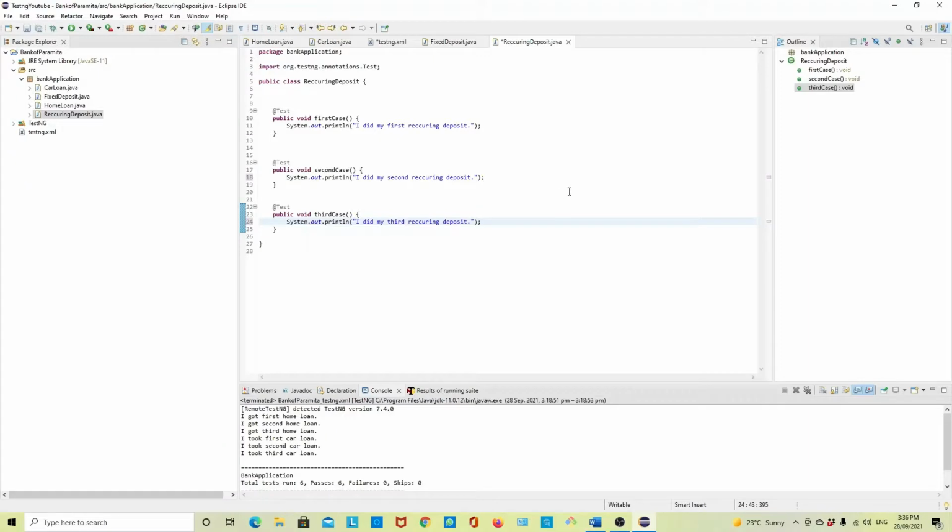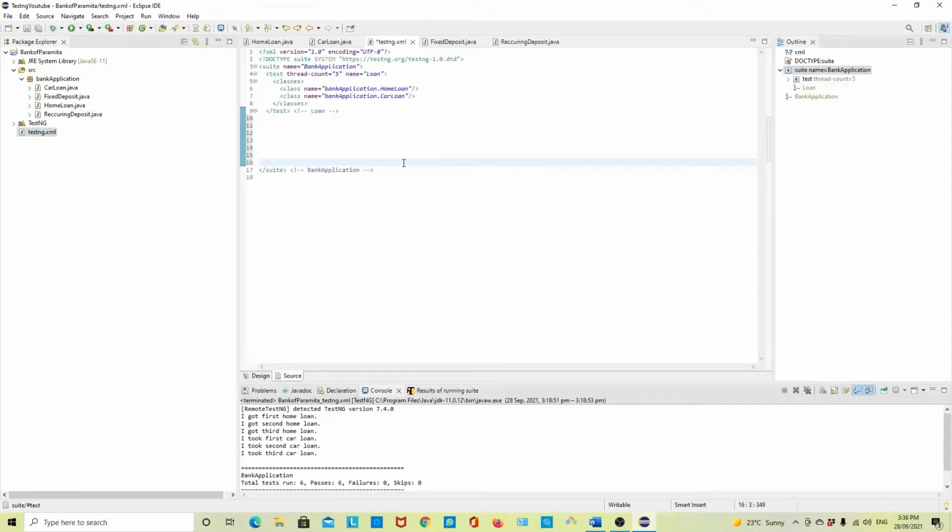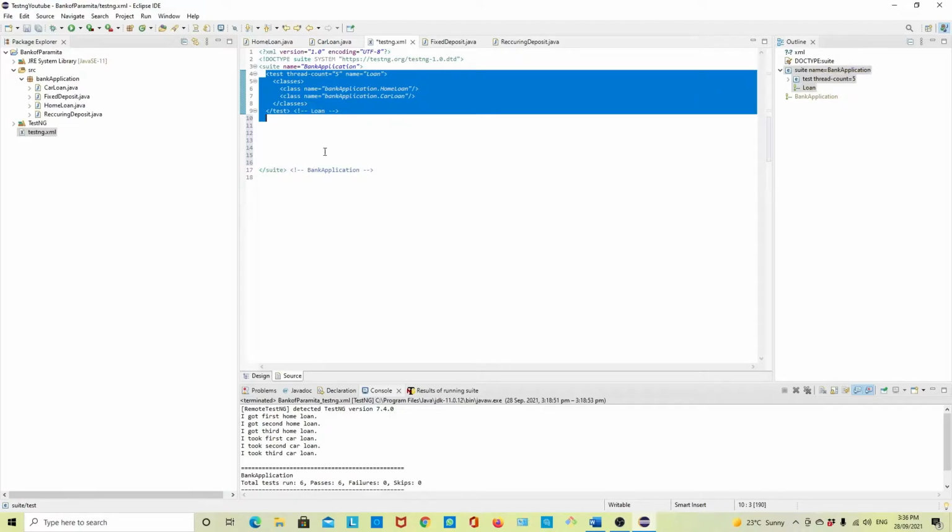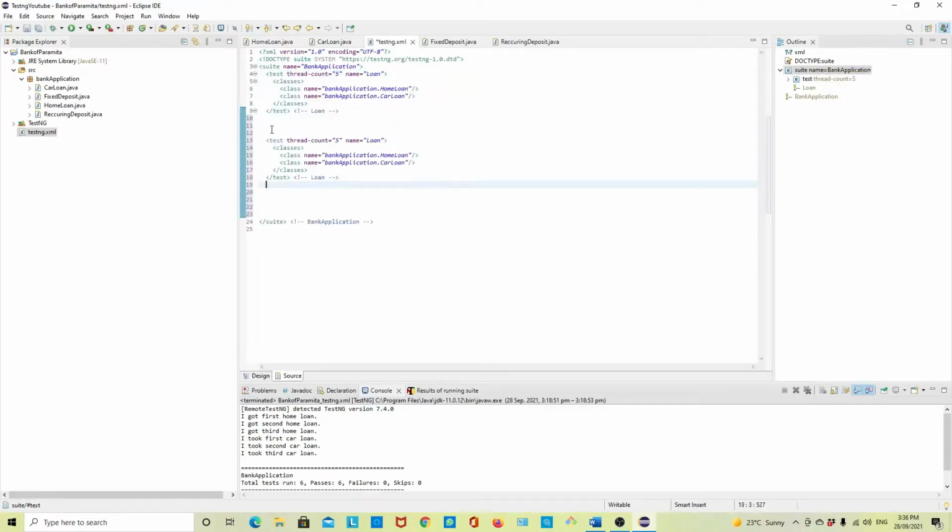Now these two classes, fixed deposit and recurring deposit, I want to put in a new test suite. Okay, we'll go to the XML file and create a new test suite. We'll just copy this test and put it here. We'll change a few things. We'll change the name of the class, that's all. So one is fixed deposit, another, oh no, sorry,